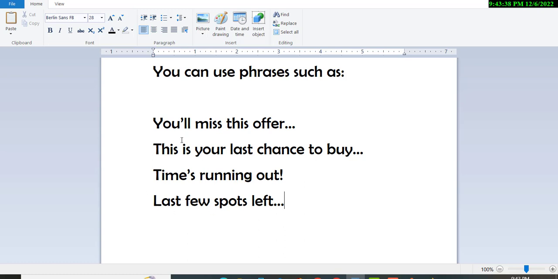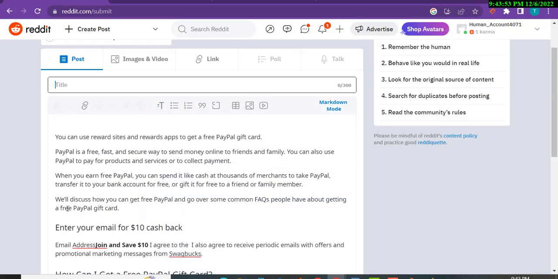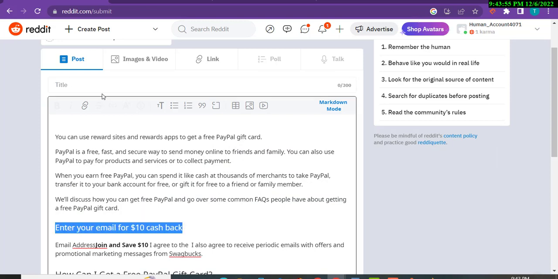Okay, so this is a random example. You can use these titles as well, and we will select some title from here. So copy here,